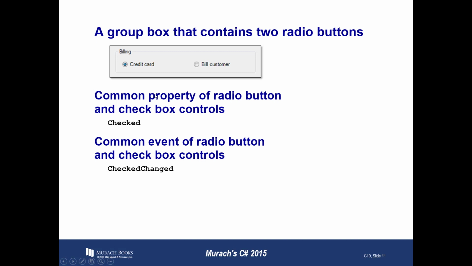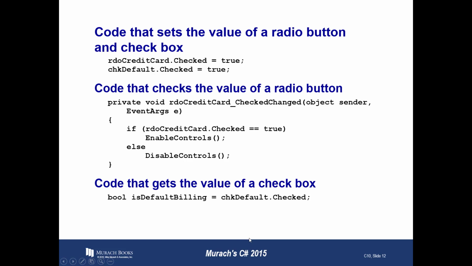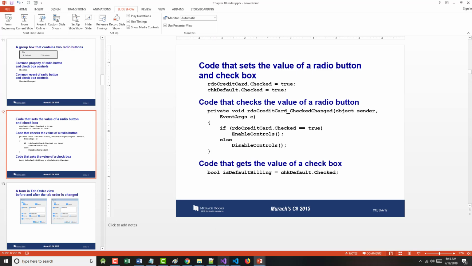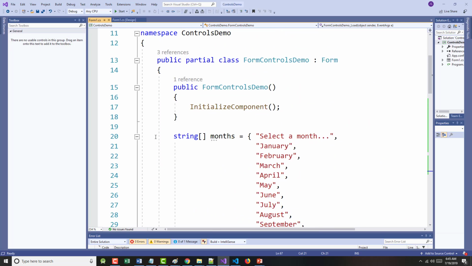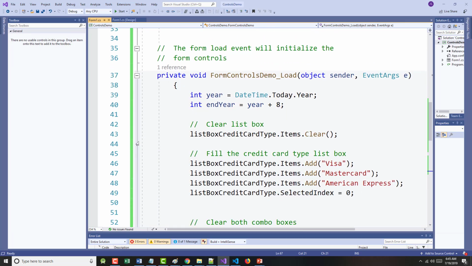You can see right here that the circle is in here, meaning that it is checked. If I were to click here, the circle would then be in here, and a check changed event would have taken place. You can set the value of either a checkbox or a radio button in your code. You can set it to true. So, for example, if we go back to our code,